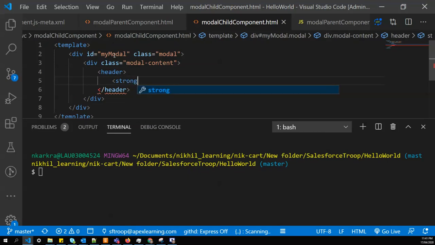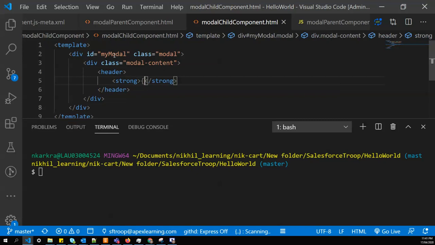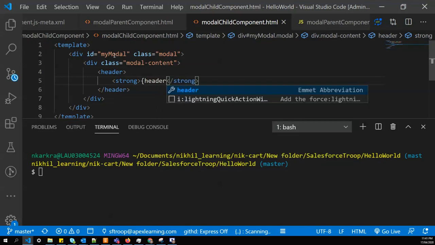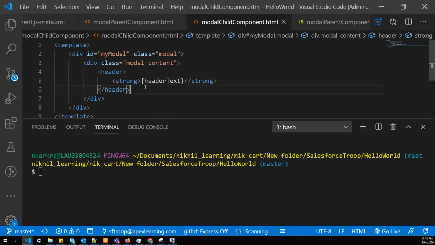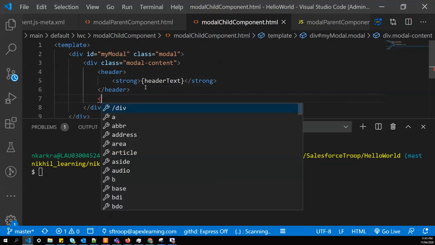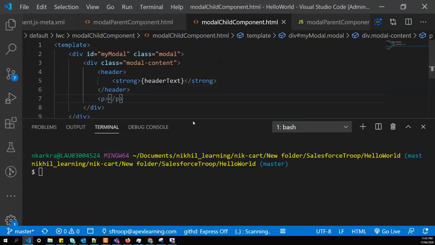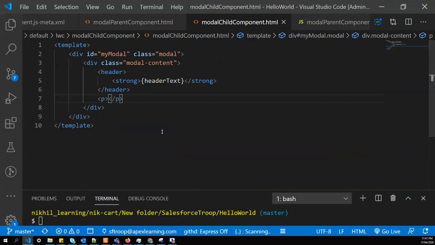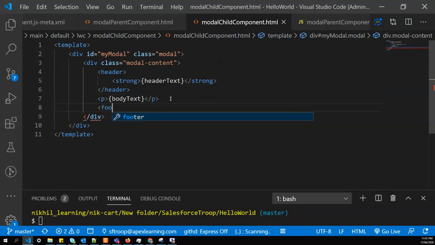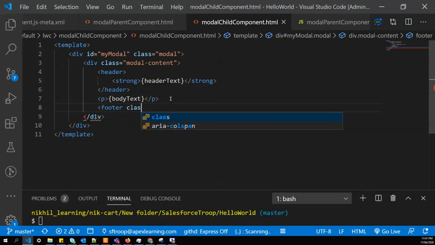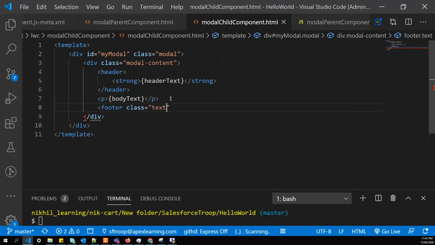I'll create a strong tag. Within the strong tag we'll receive some header text that I'll pass from parent. Then I'll take a p tag in which I'll take the body of the text that I'll get from parent. Then after that I'll create a footer, class text white.